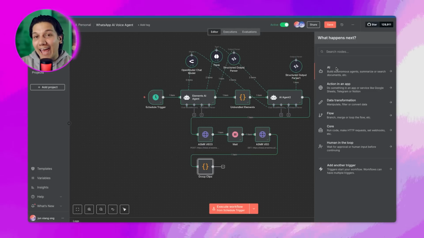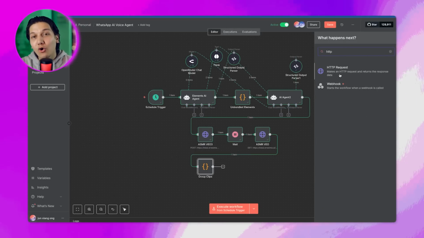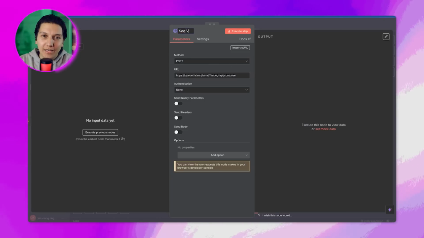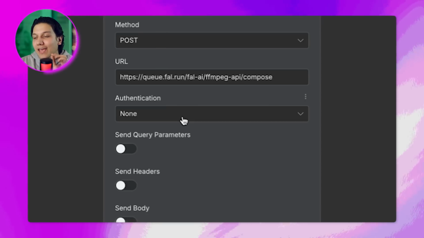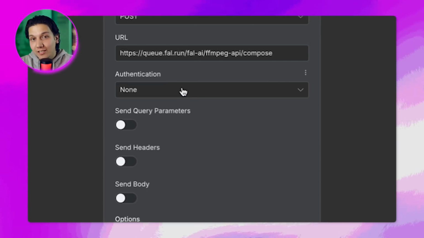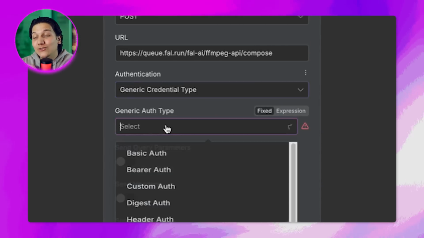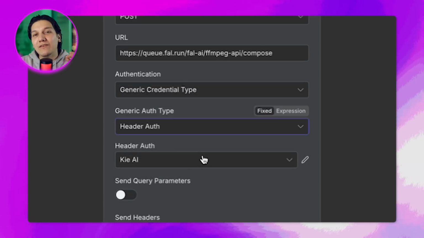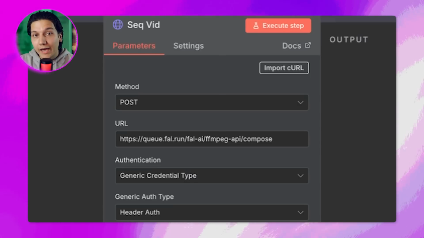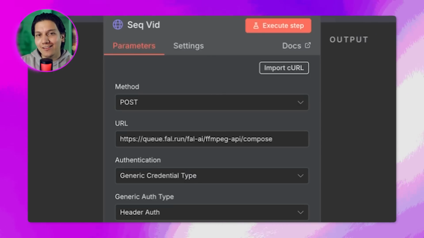And now guys, we're going to add another HTTP request node called sequence video, or sec video, and we're going to use FFmpeg to combine the videos together. And we are using FAL AI. You want the method to be post, and also guys, you're going to input this as the URL and create